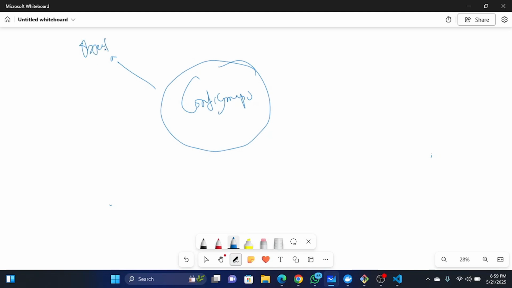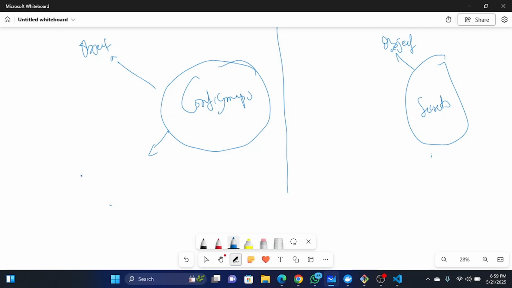So right here, let's say the concept of config maps, as an object, and also secret as another object, right? So let's break this into two. Let's understand config map. Config map is used to store